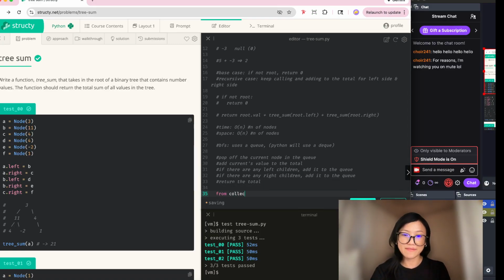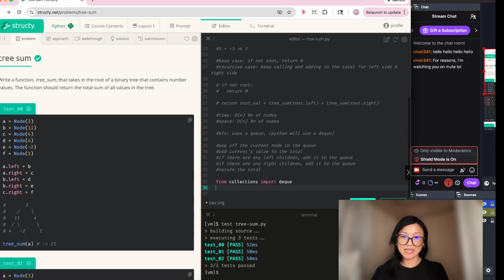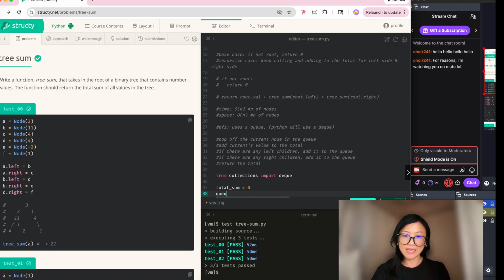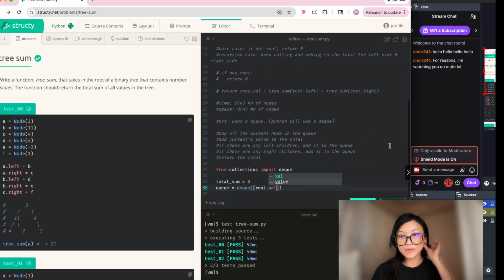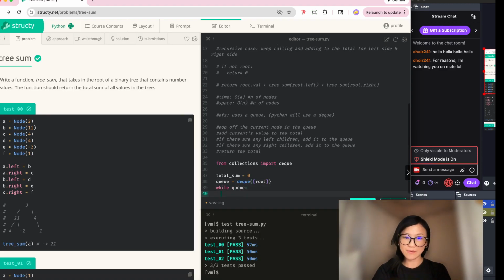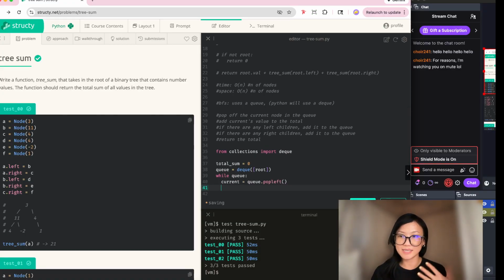Okay, so here we're going to say from collections import deque. And then we're going to say the total sum is equal to 0. Our queue right now is going to be a deque of the root, so it's going to hold the root. And then while the queue is not empty, we're going to say current is equal to queue.popleft. So while the queue is not empty, we're going to pop out the current node, and we're going to say total sum